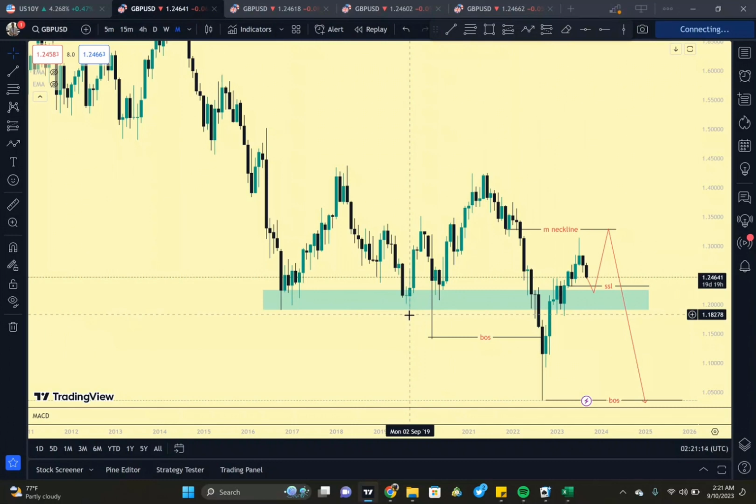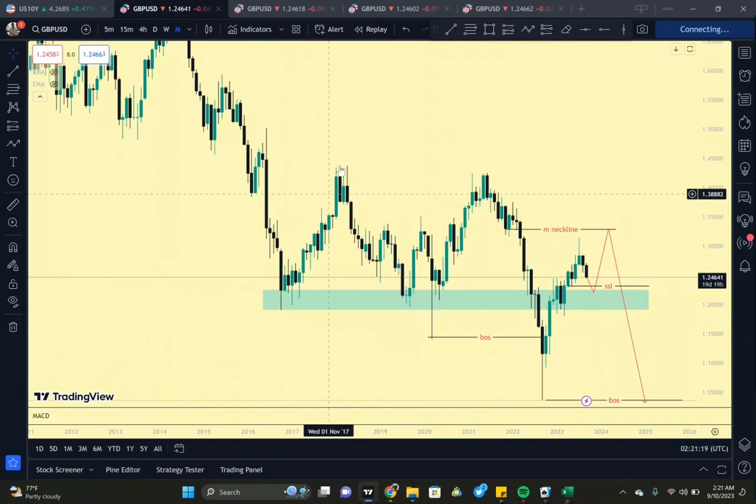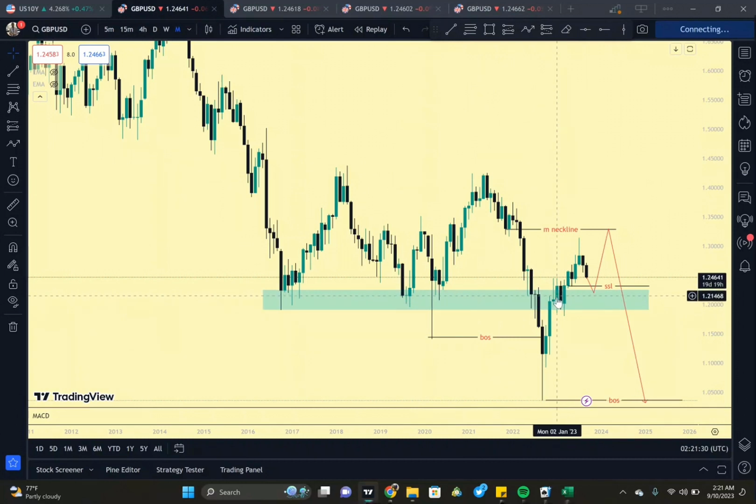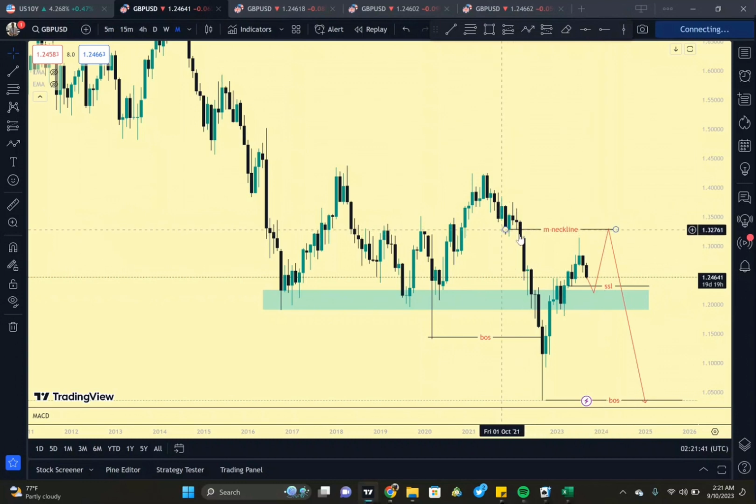And during that particular move to the upside, you could see that price was acting as a support here. It rejected to the upside, came back, acted as support, rejected to the upside, broke to the downside. Then when price came around here again, it reacted to that level, but it couldn't hold it. It broke to the upside. And since price is now coming to the downside, we can expect this particular area here to hold as a support, which will cause a rejection to the upside for price to go and retest the neckline before the drop,